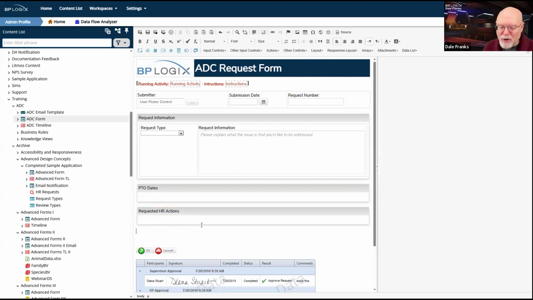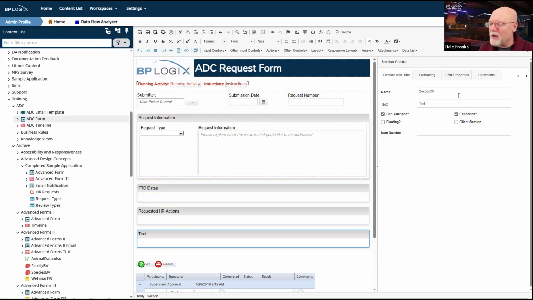I'm going to need 2 more of these, so I might as well just hit enter 2 more times. And we'll drop in a third section, which we'll call section complaint. I'm not sure how many details we're going to have, but we'll call it complaint details for the text.